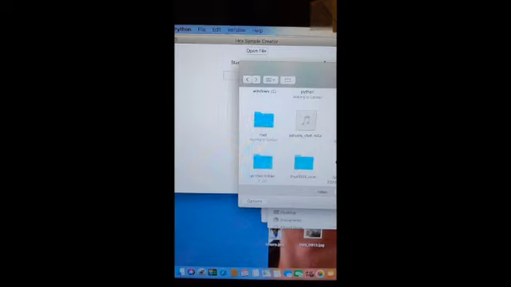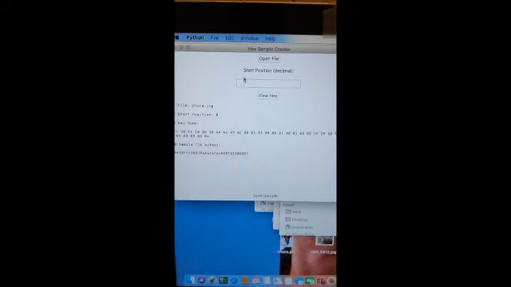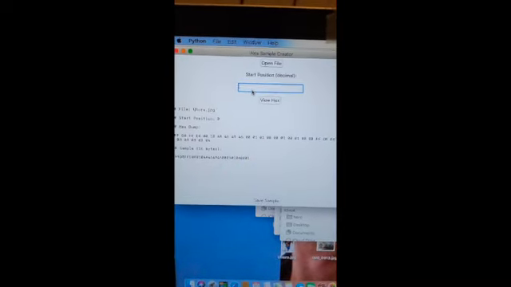Selecting, there we have the file to get hex from, and now I'd like to enter a position, so I'm going to try